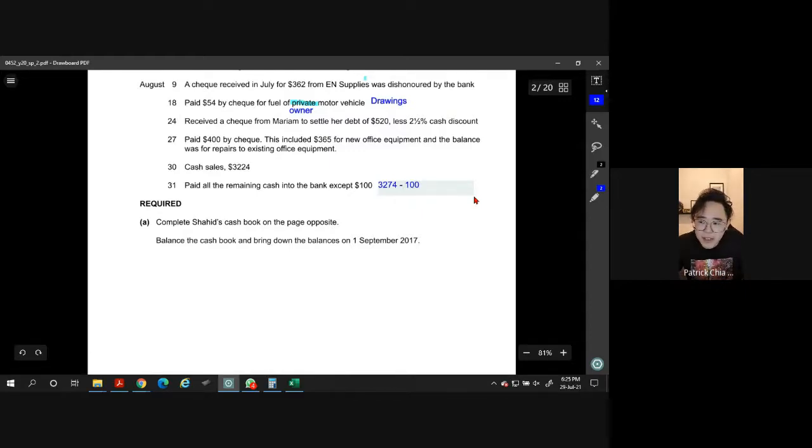If not, it will minus the CR side. What do you mean? If not, what do you mean by if not? Total cash. Yeah. If you have something on the spending side, then you must, okay.